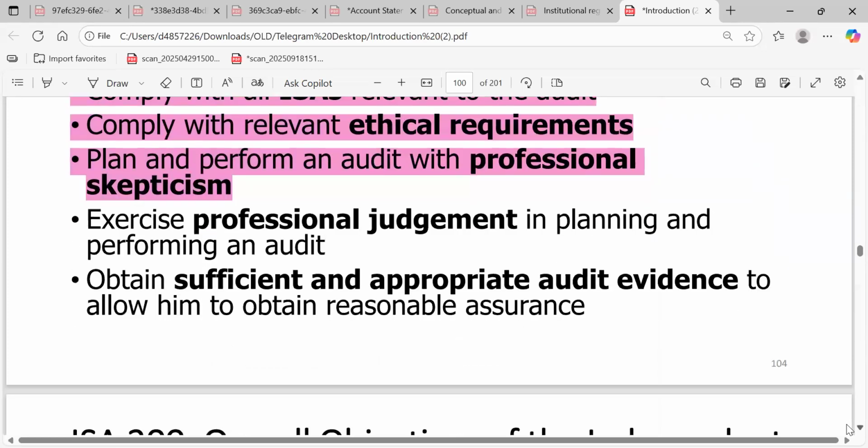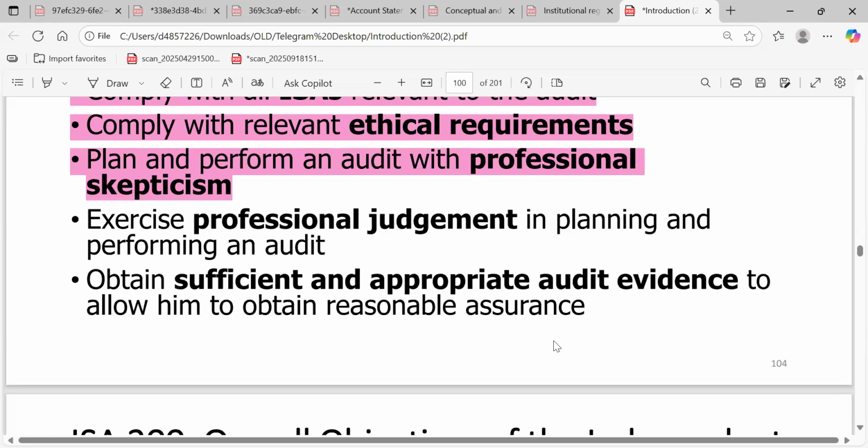Then professional judgment. He must exercise professional judgment in planning the audit. It's not everything that he comes across in the audit that should be a big deal. Some of the things, they are immaterial issues. Some of them, they are just small issues. These small issues, there's no need to make big deal out of them. So the auditor must be mindful of